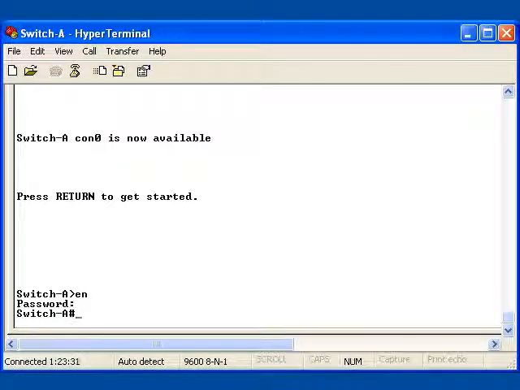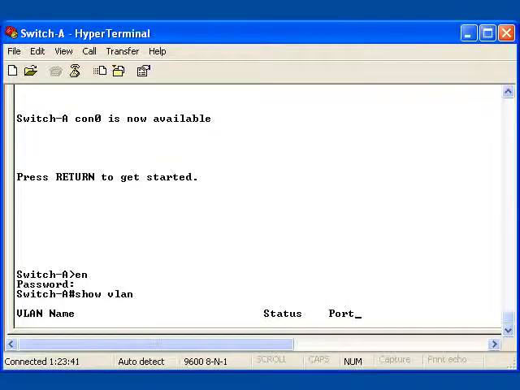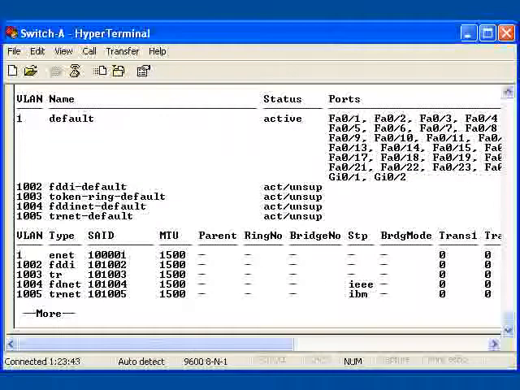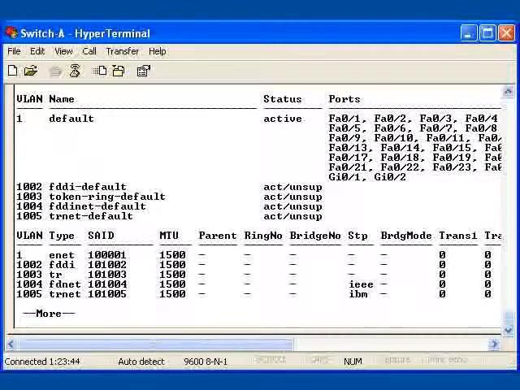So we've got to start off by taking a look at our current VLANs by using the show VLAN command. Now what you'll notice here is that all of the ports 1 to 24 right now are currently assigned to the management VLAN, which is VLAN 1. VLAN 1, of course, is used for all management of all switches in the campus, and by default that would be the VLAN that we would use for assigning the IP address to the switch and so forth